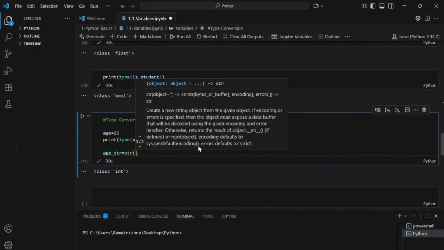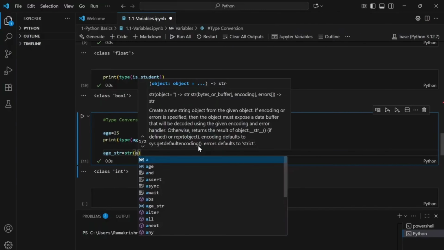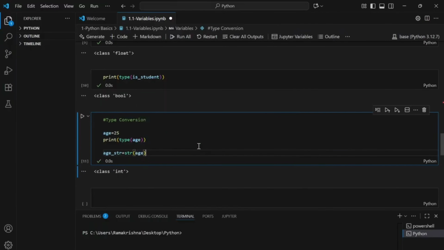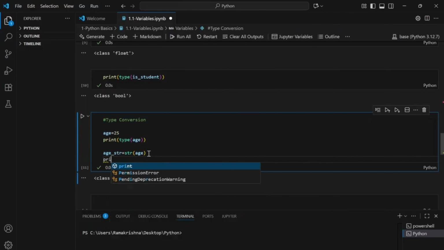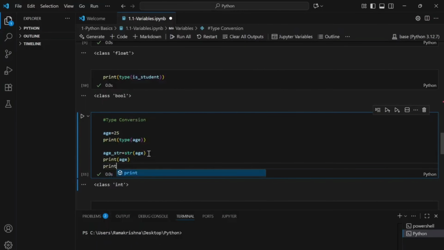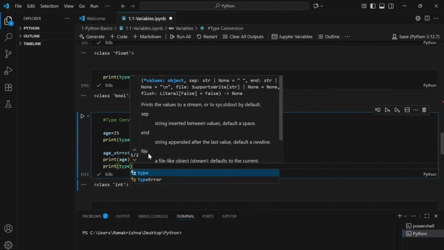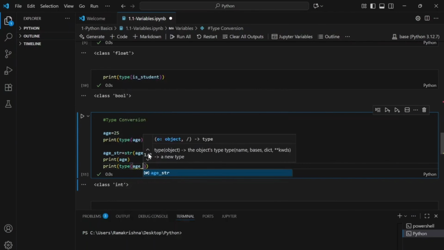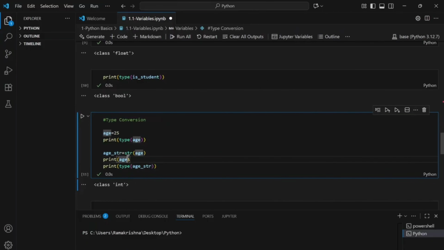Str is nothing but the string class, and I'm trying to convert the age variable using this class string, and we'll check the type now. Print age and then print type of age underscore str. So we have created one variable age underscore str where we are trying to change the data type of age from integer to string.